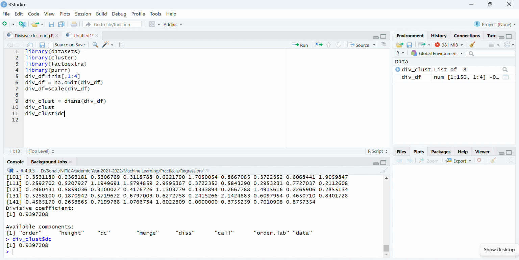We can even plot, let's say pltree, the divisive cluster, comma, and we can give the parameters. The main title is what we want, a dendrogram.